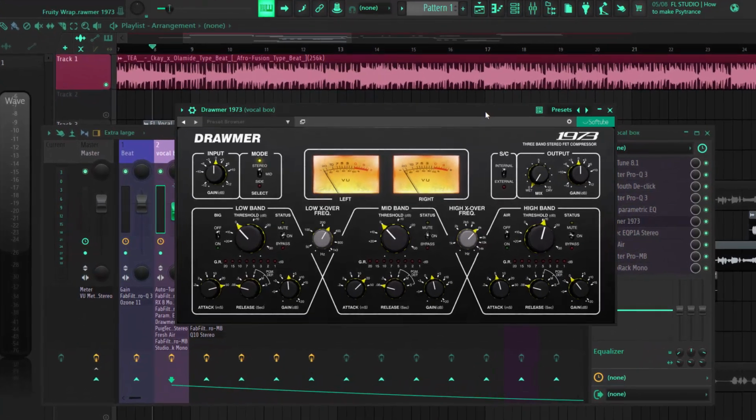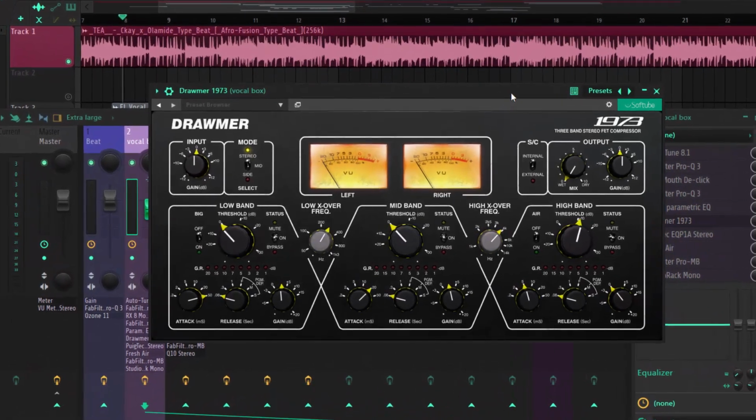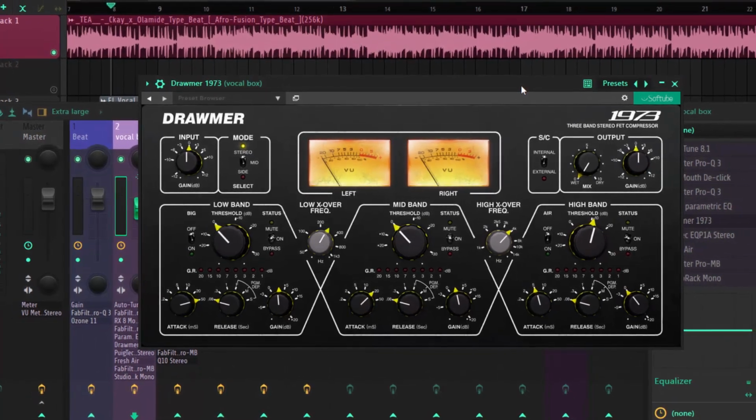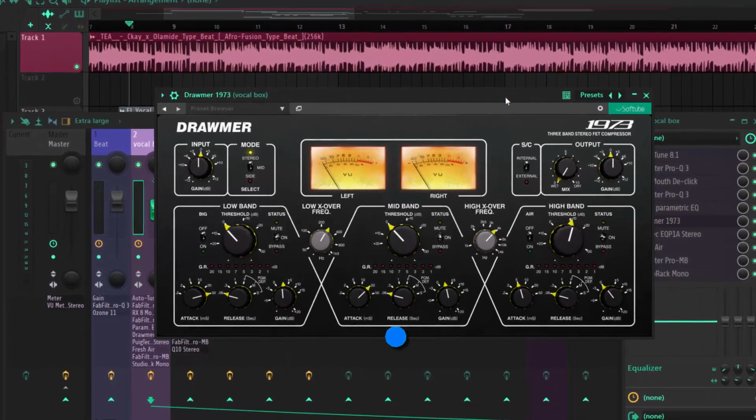Today's tutorial we're going to talk about how I mix my vocals right here on Afro Studio, and today we're going to talk about how I mix the Afrobeat vocals, and this is what we are going to be treating today, and this is going to be an amazing tutorial.